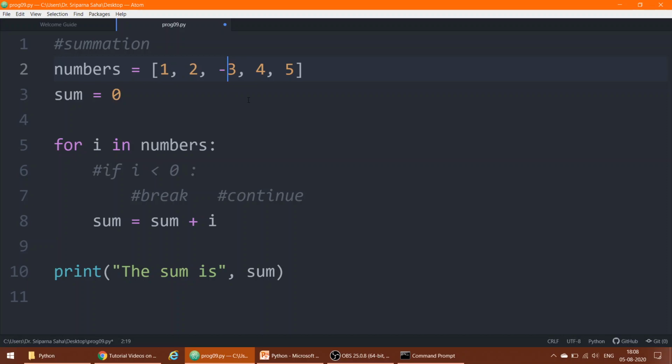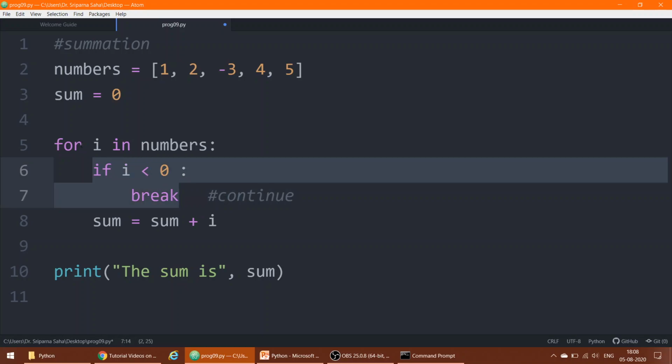And what I want is, if in this program execution one particular number is negative, then the program execution should break from the for loop. That is, suppose one negative number comes, so the for loop result should be all the numbers added previous to the negative number. So the resultant should be this. So what I need to do is, if i less than 0, write a break that is within the for loop. See, the tabs are there, so that means this if statement will be executed under the for loop.